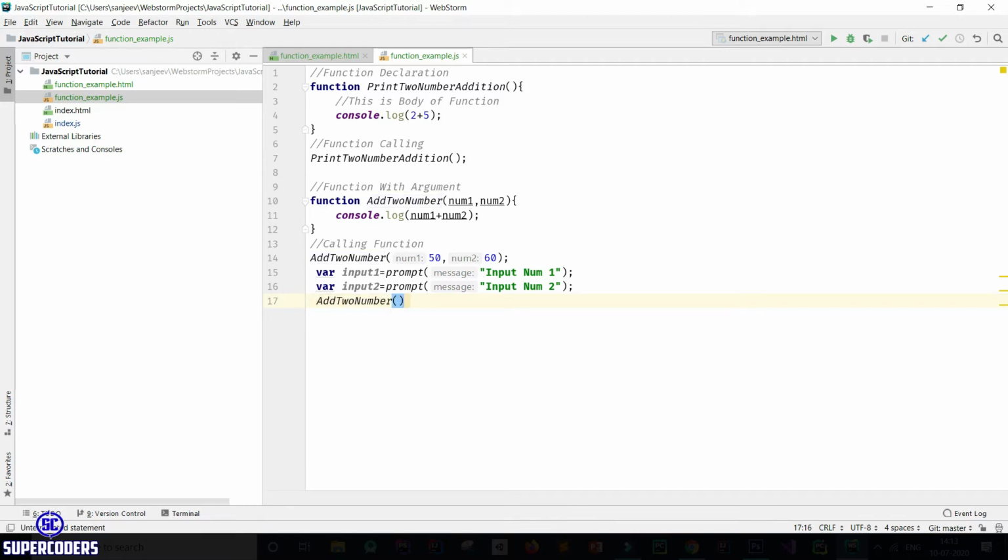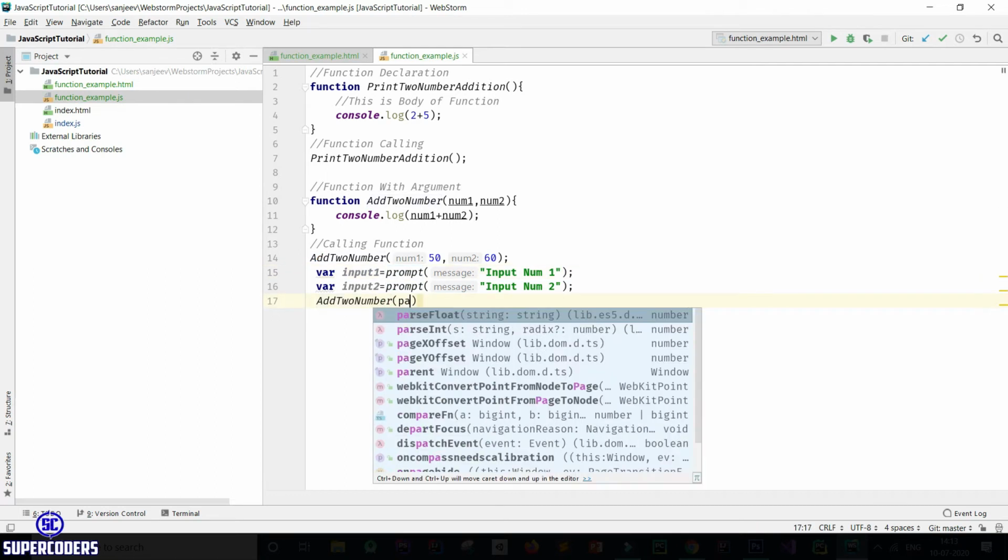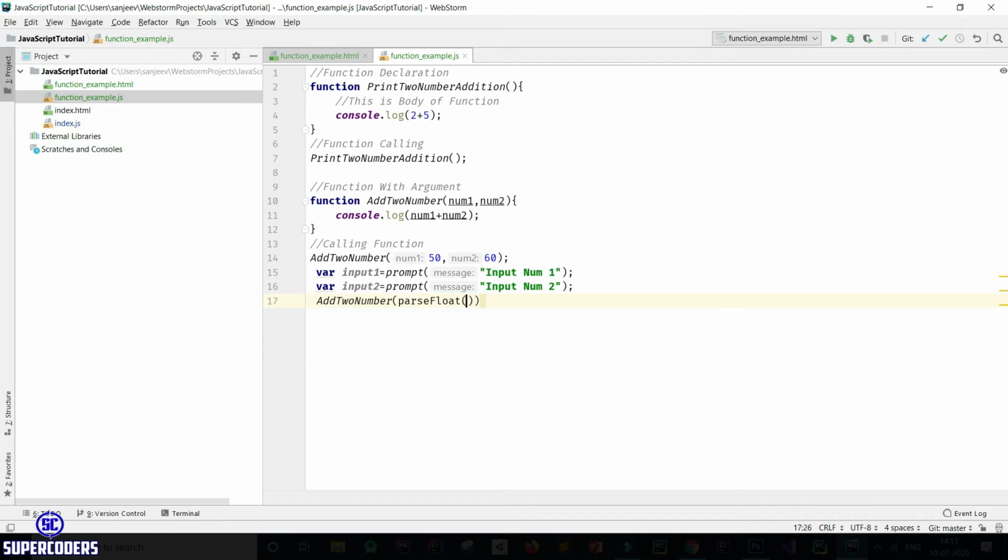Now I already showed you in a previous tutorial, you need to parse data when you take input from a prompt, because it returns data in string format and you need to convert it into integer or float format. So let's parse the data. Calling the method parseFloat on input1, then parseFloat on input2.